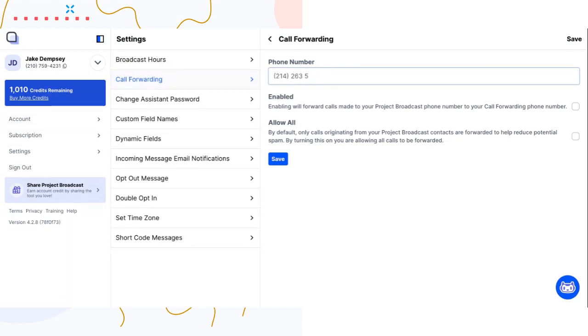Now, this may be your personal cell phone number. It may be your business. Maybe you have a brick and mortar business and you want to forward any calls to your Project Broadcast phone number to your brick and mortar business. You enable the Project Broadcast call forwarding feature, and then you have an additional feature that you can leverage called